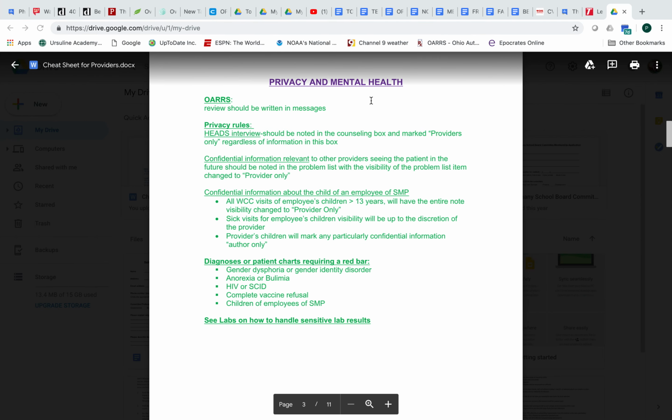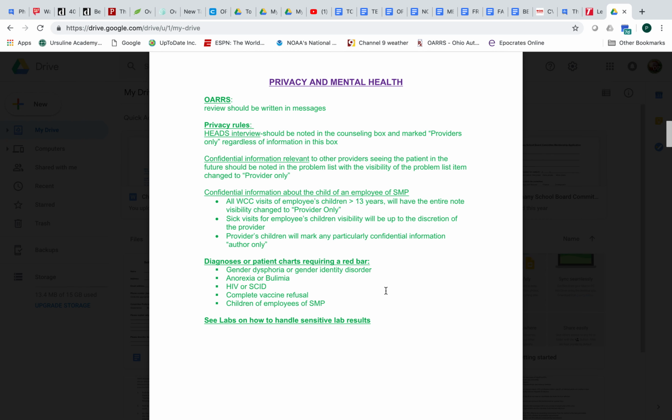So just to review, these are the rules that we have decided this is what we need the red bar for. So you will find a patient with a red bar if there's any gender identity concern or gender dysphoria, so that we are appropriately referring to that child in terms of pronoun. Anyone with anorexia or bulimia, that helps alert the MAs specifically in terms of getting weights when they check in. Anyone with HIV or SCID, anyone who has completely refused vaccines so that we as providers are aware, and